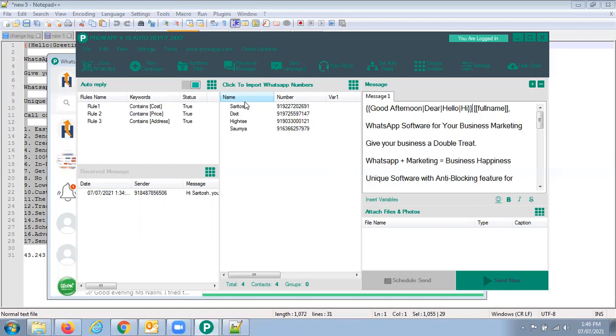If it is with your name, you will have a feeling like the person must have saved my number or must be known to me. That's why he is writing with my name. Because everybody knows that without saving the number in your mobile phone, you cannot send WhatsApp to anyone. So if I use your name, you will automatically feel that this is a person who knows me, and maybe I have not saved your number, that's why it's not reflecting in my phone.